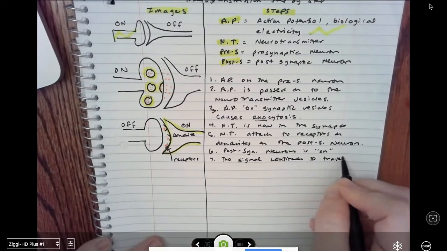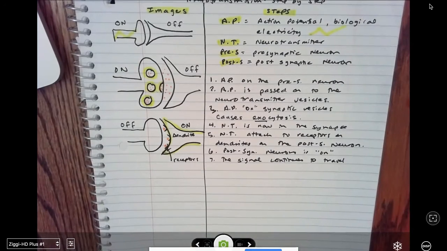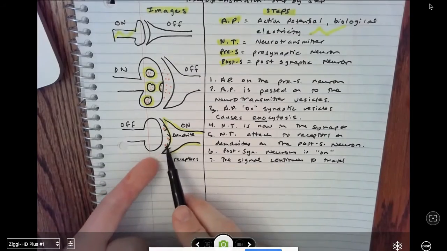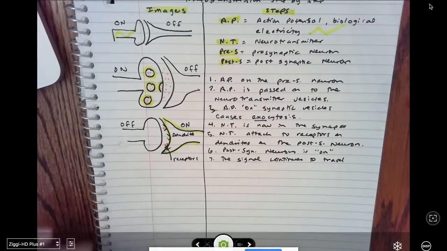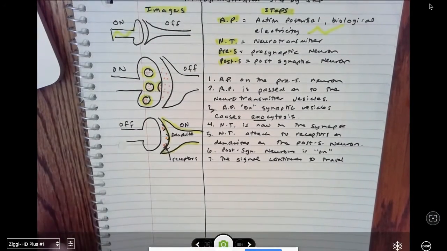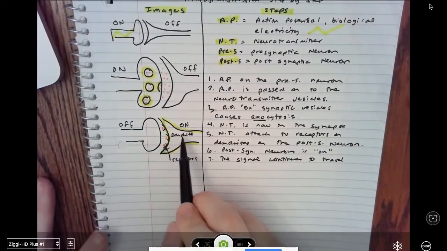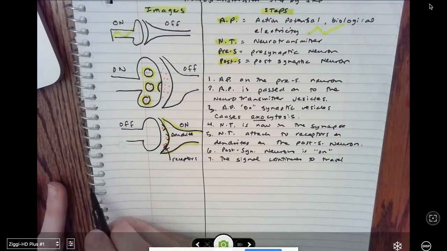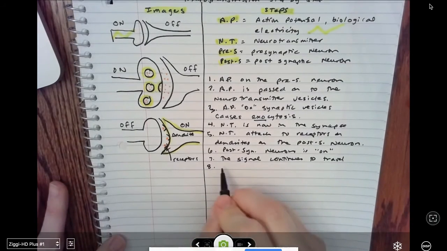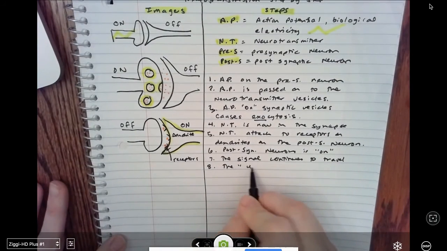And this signal can be you hearing me right now, or you seeing, etc. There's so many signals happening in your brain at one time. And remember, every neuron can have about 10,000 connections, and you have about 100 million of these in your body. So we're talking a very small scale, what we're looking at right now. Okay, so it has successfully turned on the next neuron. Now we need to deal with what to do with the neurotransmitter. So step 8 and the final step, the used